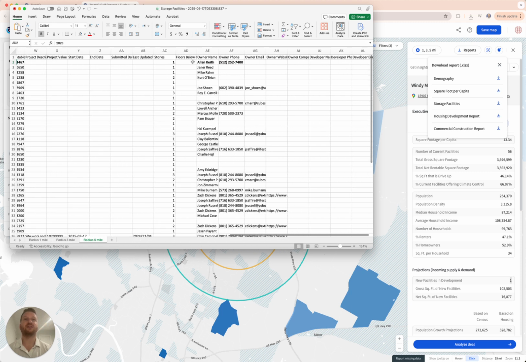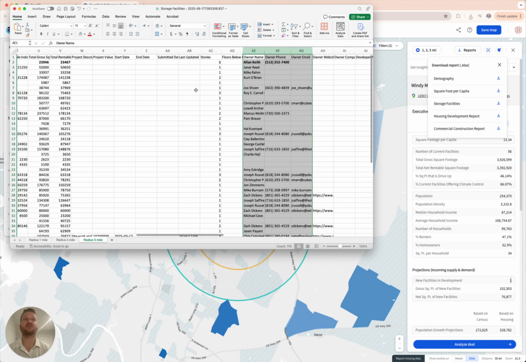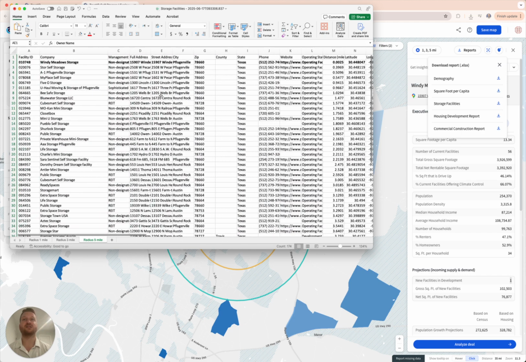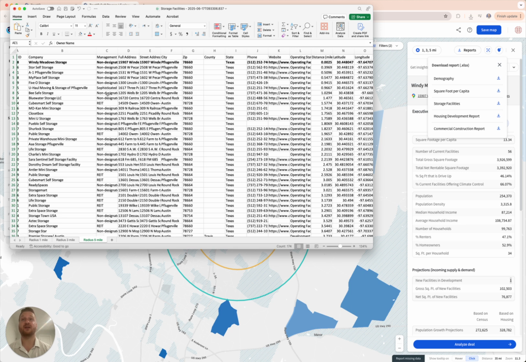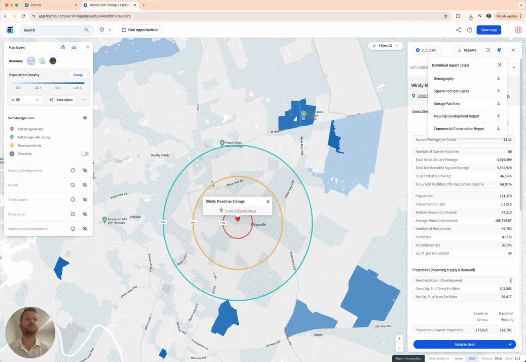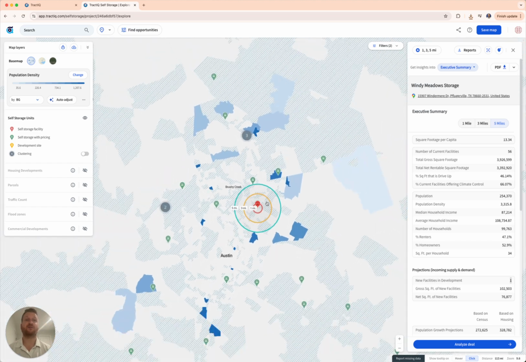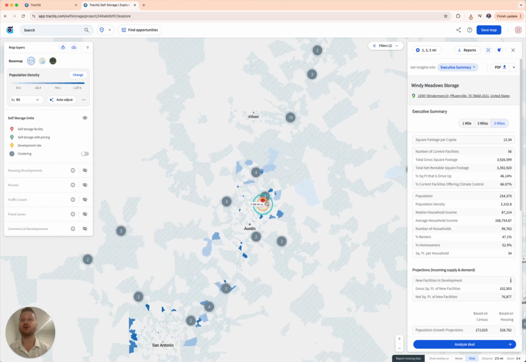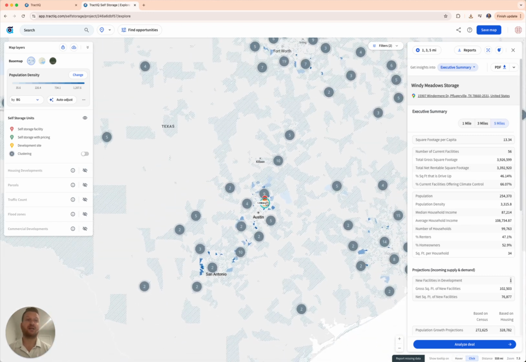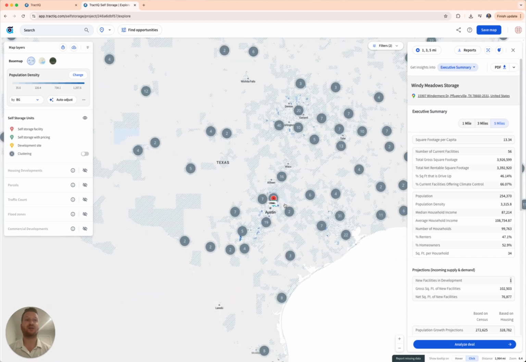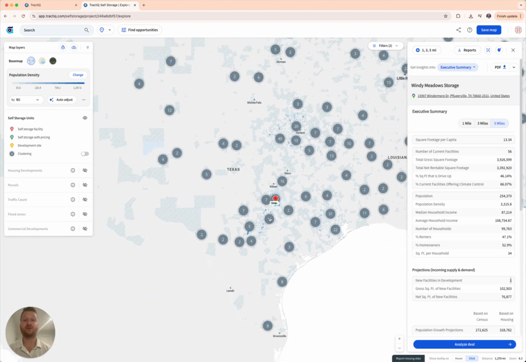But this would be a way to quickly get a list of owners for target facilities that actually fit and make the owner process more efficient. So this is a way for you to use data to match your goals, to match your investment criteria. And what I have here in the playbook is that once you identify a couple of target markets, you should really focus